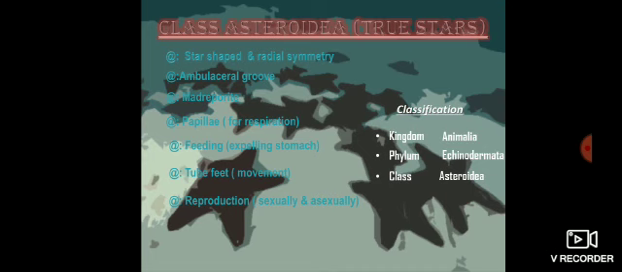First is the class Asteroidea, which is a class of phylum Echinodermata. It is also known as the true star because all the members of class Asteroidea are true stars. They possess pentamerous radial symmetry and a star shape. That's why they are known as the true stars. The true stars, or the members of class Asteroidea, have the ambulacral groove. The ambulacral groove